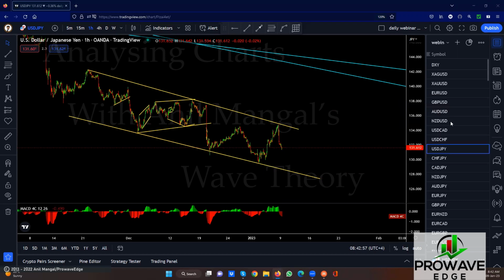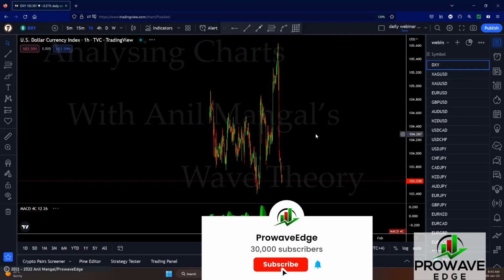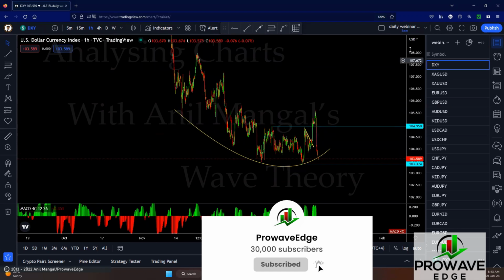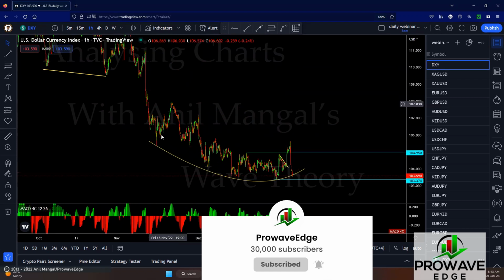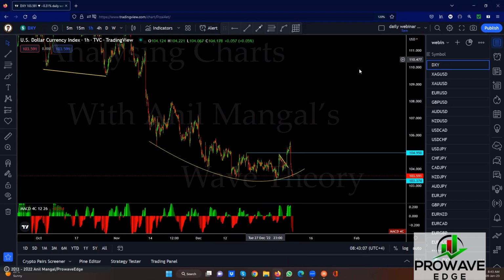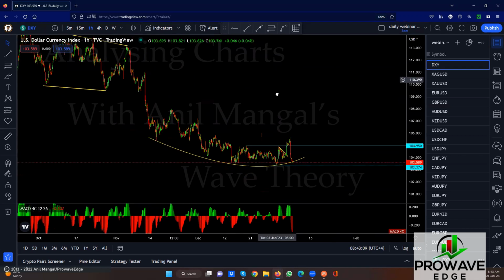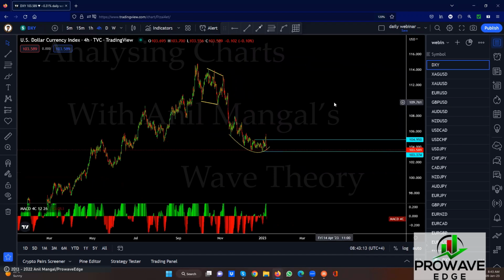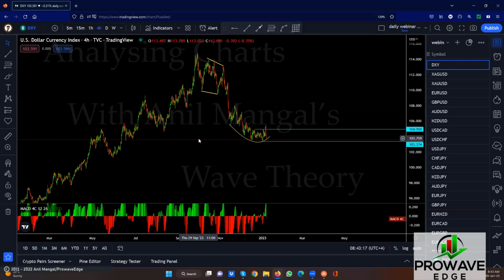So let's start. We're going to go with the dollar index, and the dollar index, as you can see, last week we were looking at that curve, and normally when you get that curve, you either get a much longer, deeper correction or a reversal. We weren't expecting a reversal, and this might be the indication that we're starting the downside, because this would be the point if they want to reverse, where you'll start to see that reversal happening, right?